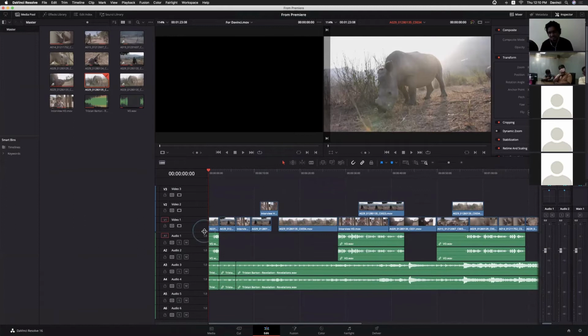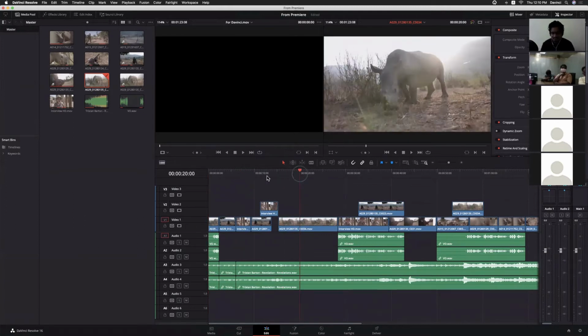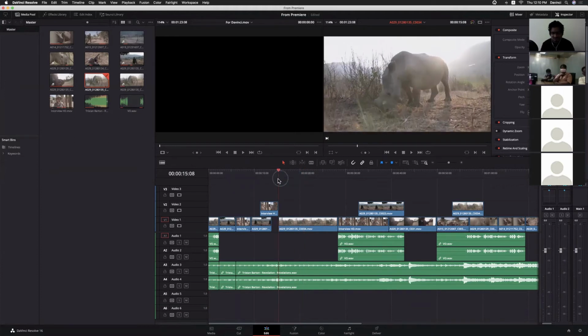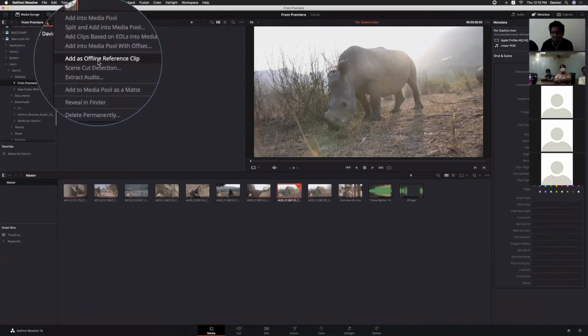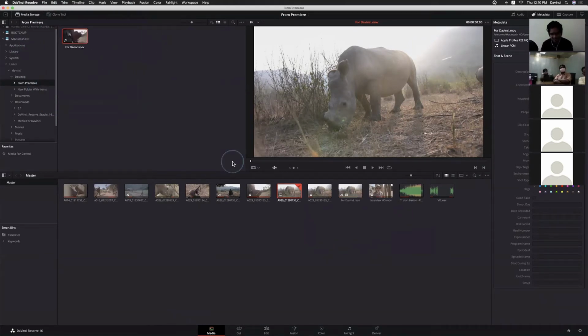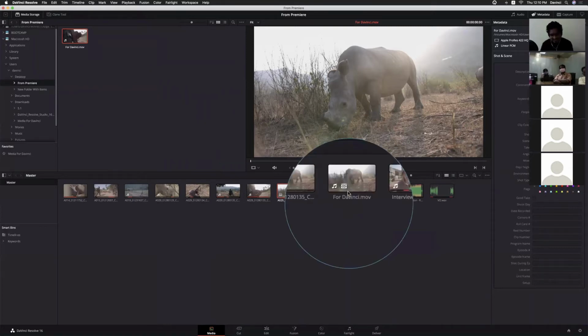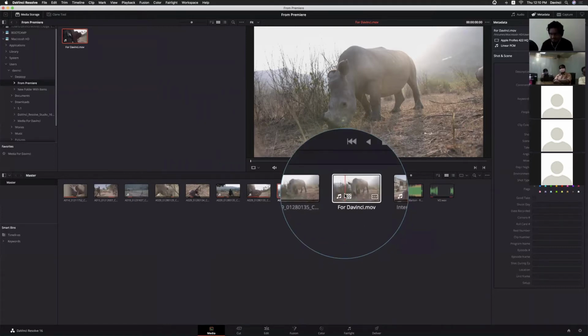So this is our timeline from XML. We relinked it, and if you want to check with the original one, I'm not sure whether it's the same file or not. We can add it as an offline reference clip. Simply click this one. So we added that one as a reference.